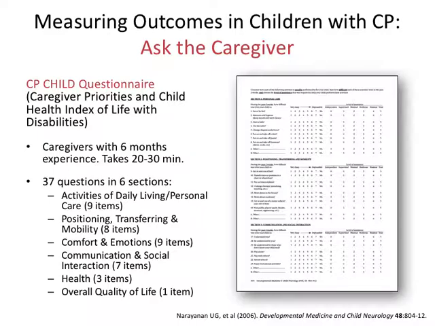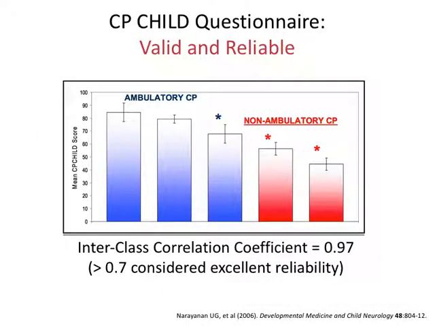And it's 37 questions based in 6 sections in all of the various domains that all of you work in every day, which is activities of daily living, personal care, positioning, transferring, and mobility, comfort and emotions, communication, social interaction, health, and finally, overall quality of life. And this questionnaire is very good at distinguishing between ambulatory and non-ambulatory children and has a very high reliability in